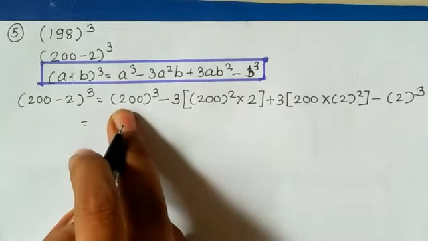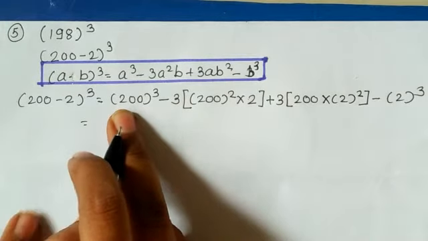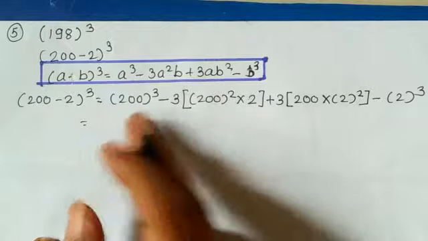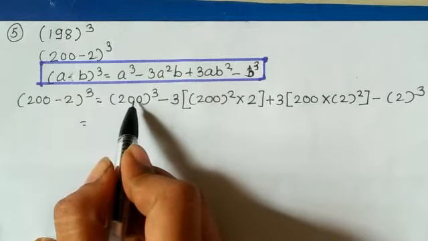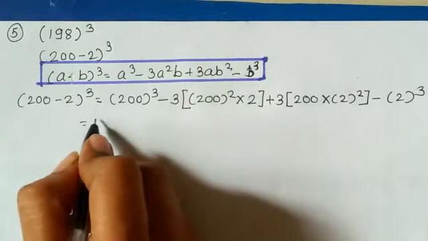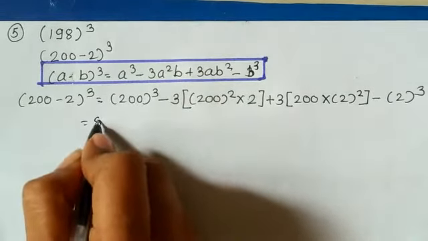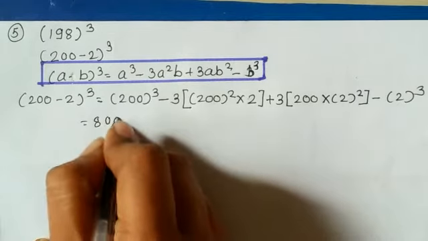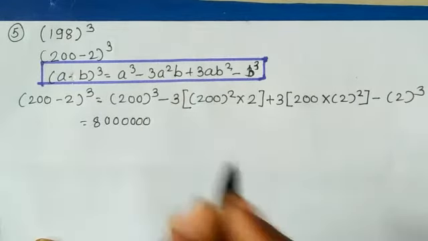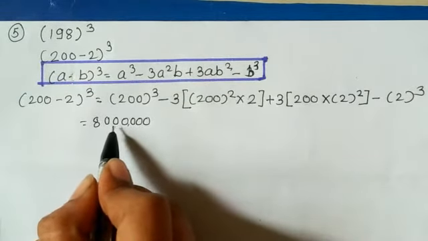Now the cube of 200 will be 80 lakh, but how can you calculate it? Let's ignore the 0. The cube of 2 is 8, and the cube of 2 times 0 will be 6 times 0 digits. So what will be the number?